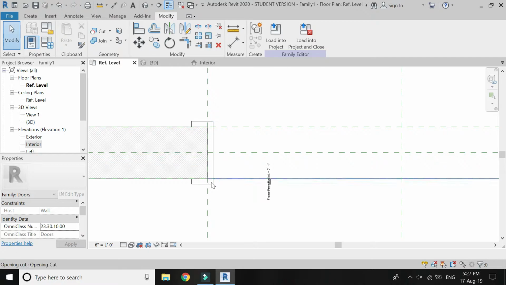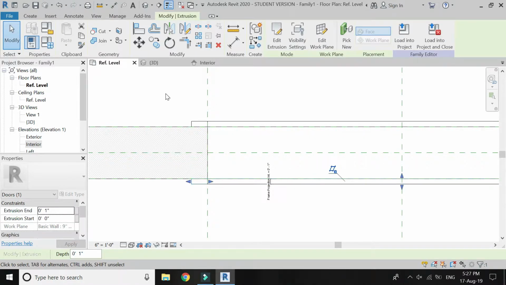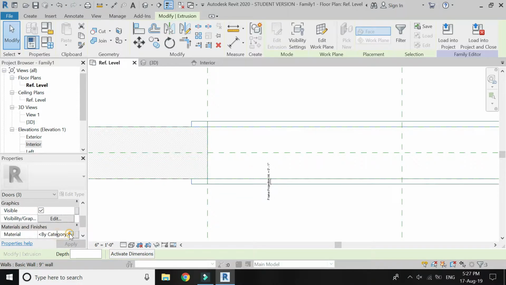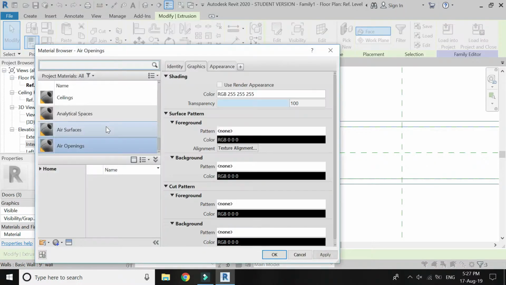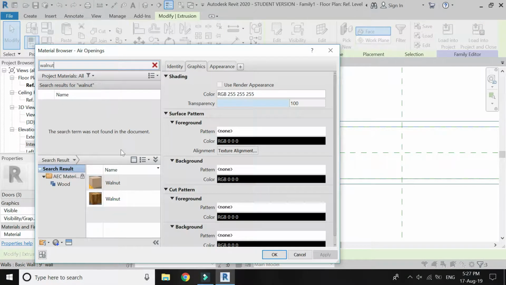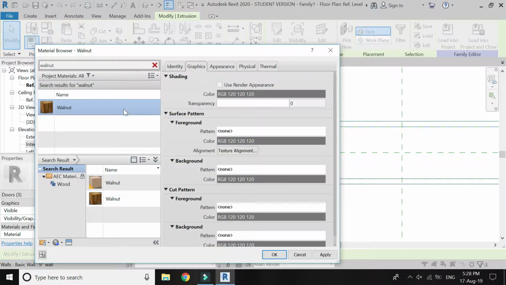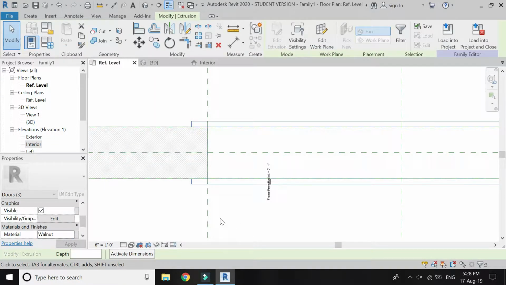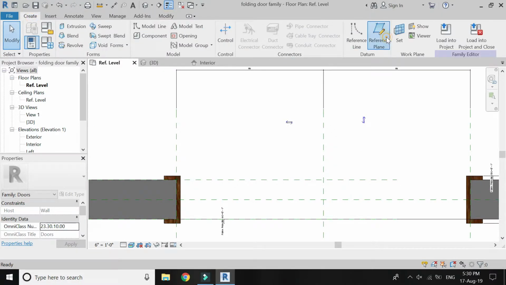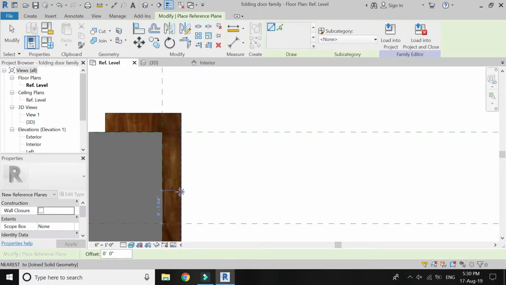Join this frame with the outer frames. Now select these frames one by one and change its material to whatever you want. Now I am going to add some reference planes here